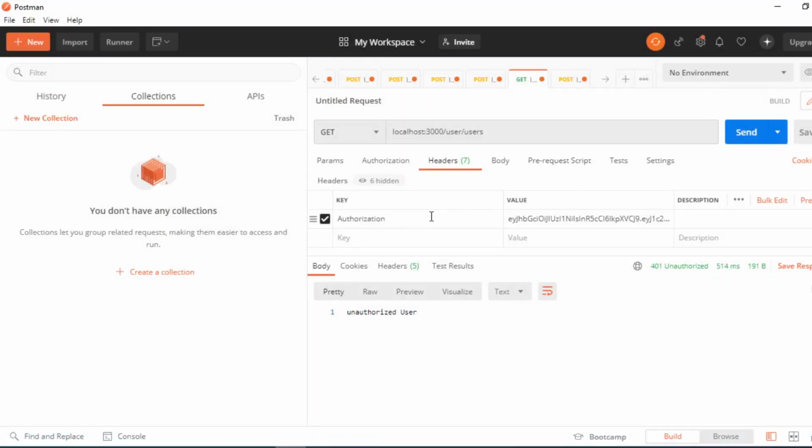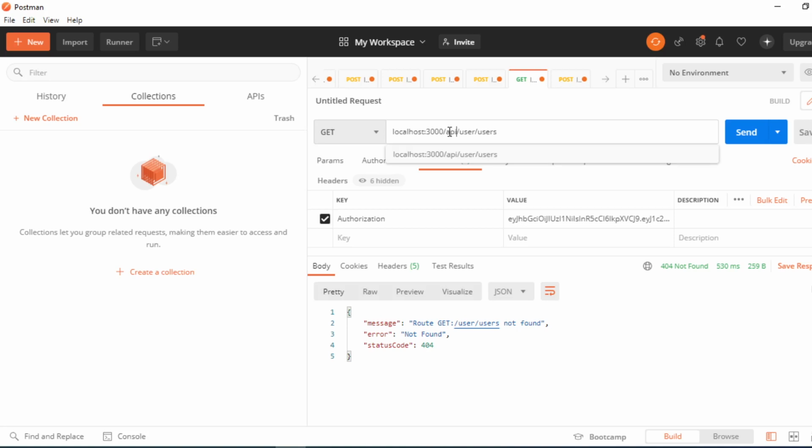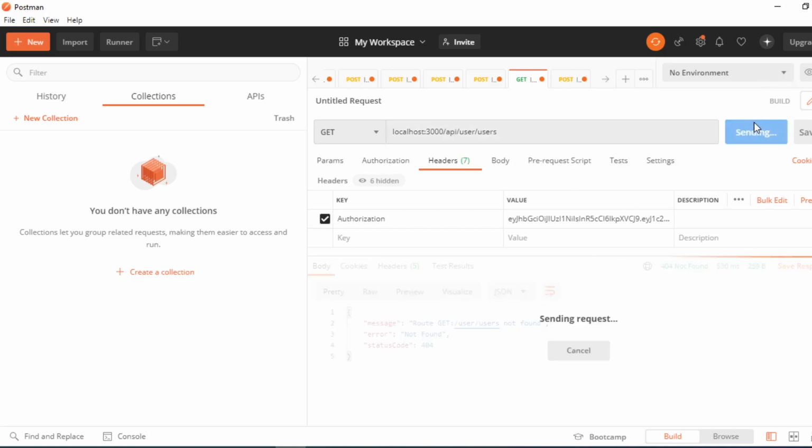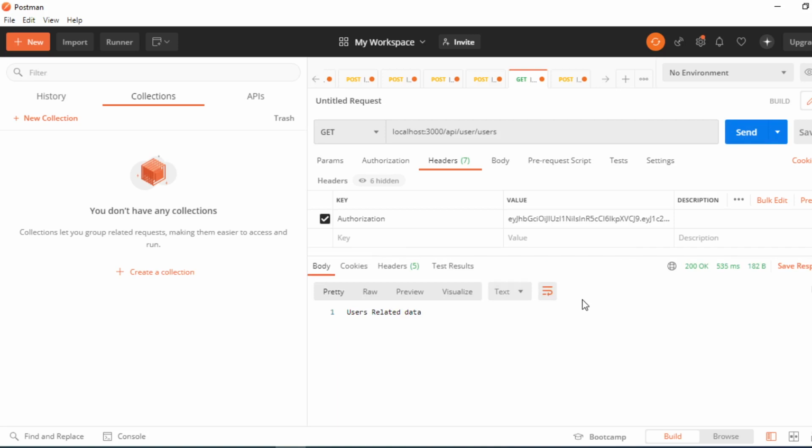Now if I go and check the route that we have already, you can see I'm providing the authorization and the users, which is the right path we had earlier. Let me see if it is working or not. It says 404, this route is not present in our application. But what if I put slash API before it? You see the magic, guys? This is working.